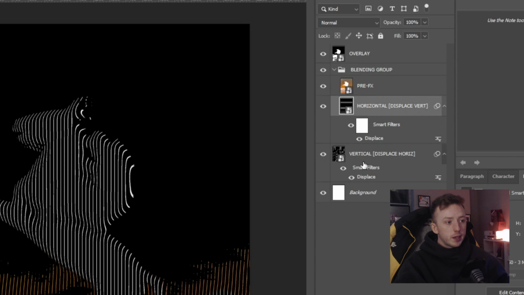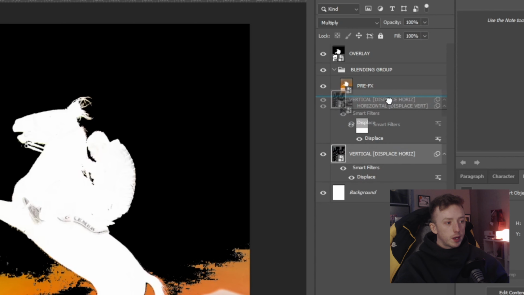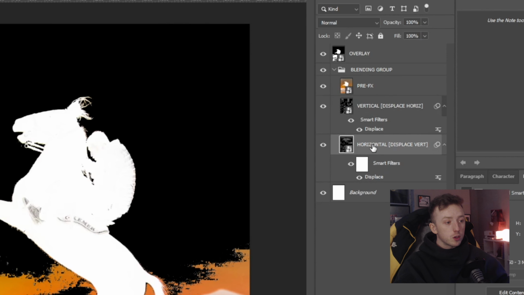You've got these two layers here, horizontal and vertical. One of them is in a blending group, and I'm going to explain all this and why this works, how it works and stuff later on in the video. Basically, right now, as you can see, I've got vertical lines for my modulation effect. If I click on the vertical layer, drag it above the horizontal layer, then click on the horizontal layer and